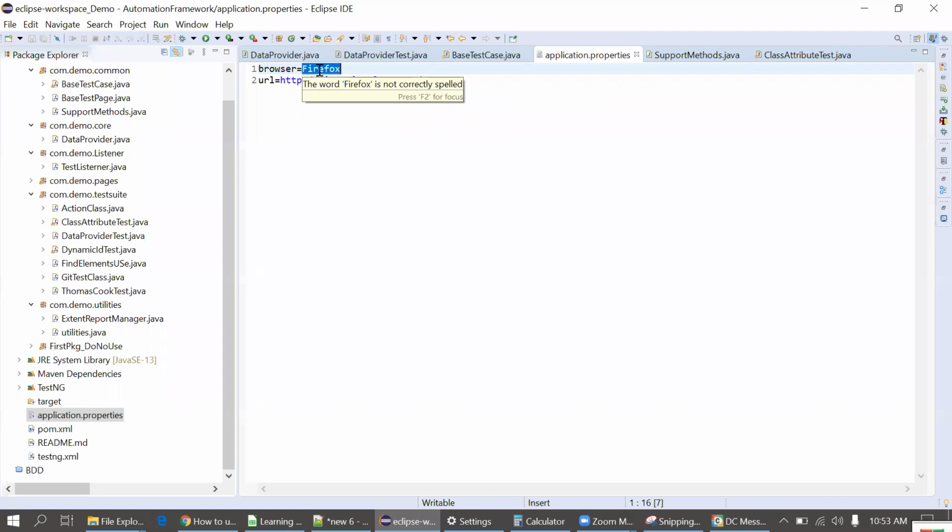Your framework should be capable of executing test cases on every browser, right? That's why we keep this application property here. Yeah, so that's what I'm trying to ask. First we executed it on Chrome, and later if we want to execute it on Firefox, we have to go and change it to Firefox. Yes.